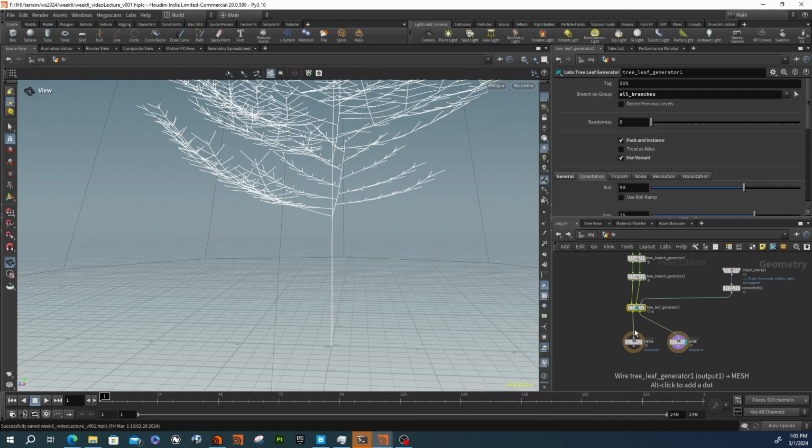I think that's what's messing things up: when it goes into USD, it has its own way of figuring out instancing, and I think that may be choking going through this component builder. Not certain, but I'm going to turn off the pack and instance here, and when that builds our mesh, I'm guessing it's going to be way heavier, in that there's a bunch of geometry there,